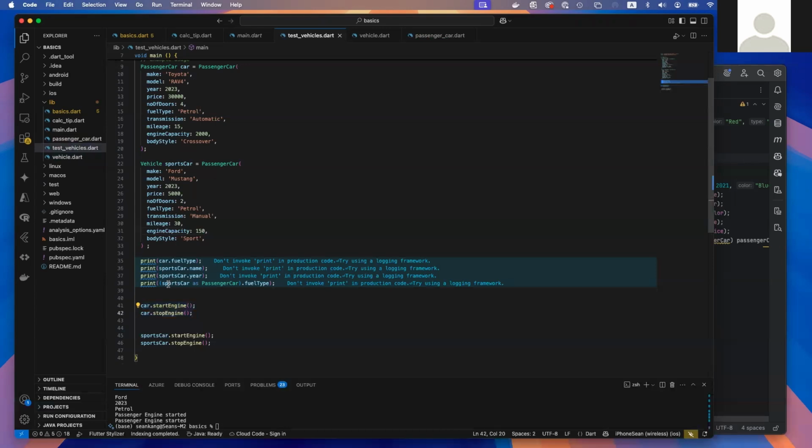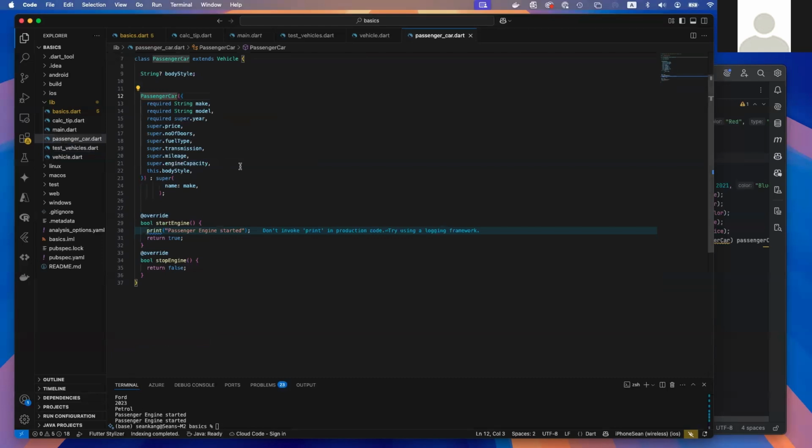But here you can see something: fuel type for sports car is actually a data member of passenger car. And so fuel type, if you just use it without this part right here, it will not know what this is, because a sports car does not know what fuel type is, because the fuel type is really only inside of